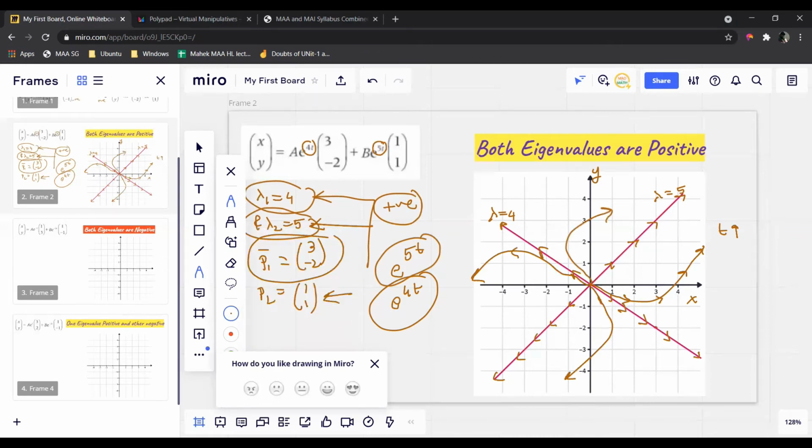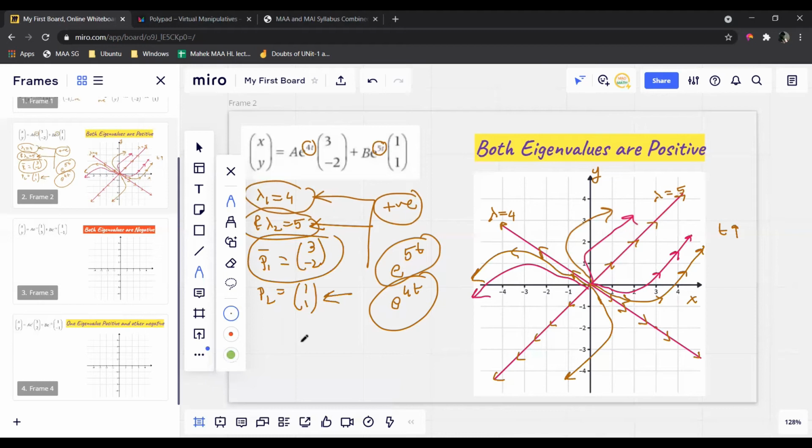Suppose I am starting from here, parallel to this, and I am bending over here. Every trajectory corresponds to one particular solution. Same way it goes parallel like this and bends parallel to the other lambda. You can see that the line originates somewhat parallel to lambda equals 4 and bends towards lambda equals 5. Okay, I hope you understand this.